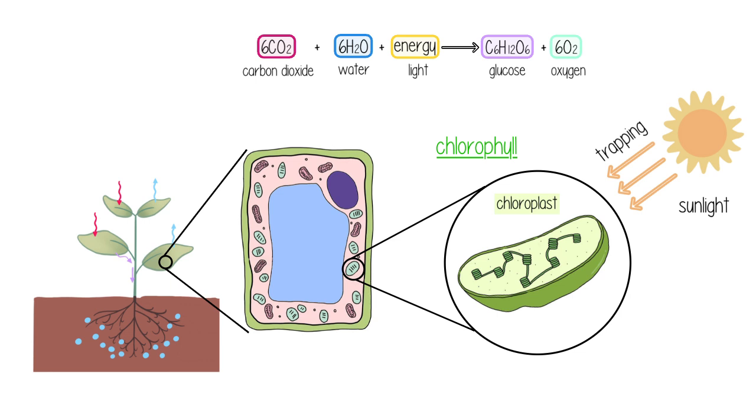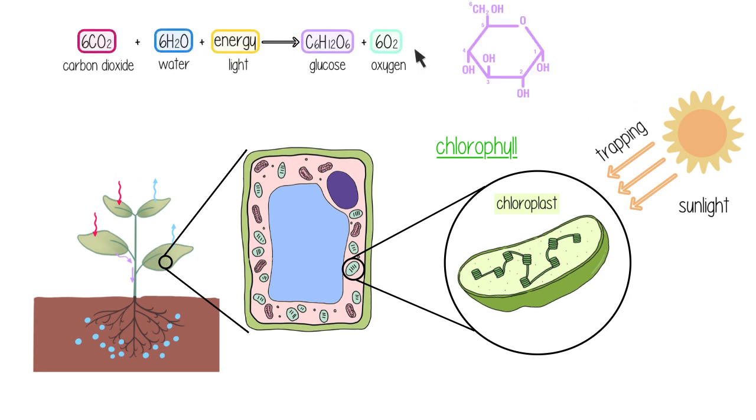So, for example, glucose is a C6H12O6 molecule. The bonds that are present between different carbon atoms and hydrogen atoms actually store chemical energy. And this chemical energy has actually come from the energy of the sunlight. So, the plant has now converted the light energy into chemical energy.